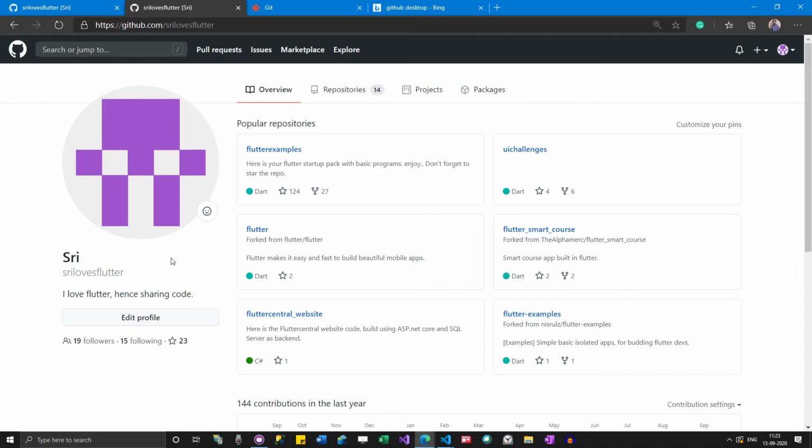Always remember, when you are creating a project in GitHub, it doesn't have to be a very complicated or very big project. Small projects can be added here, for example a prime number example, an odd example, a button click example, or a small animation example.